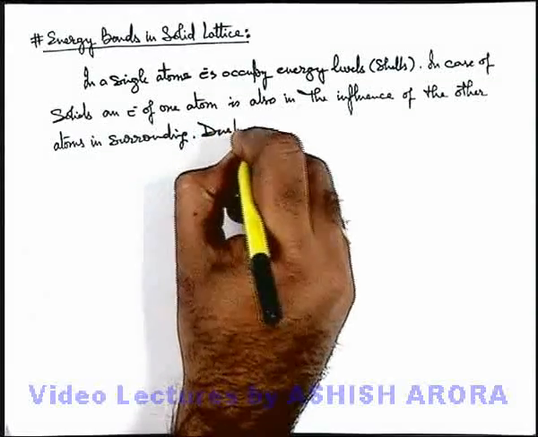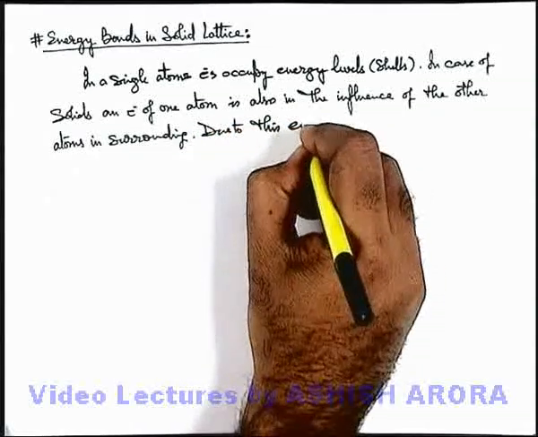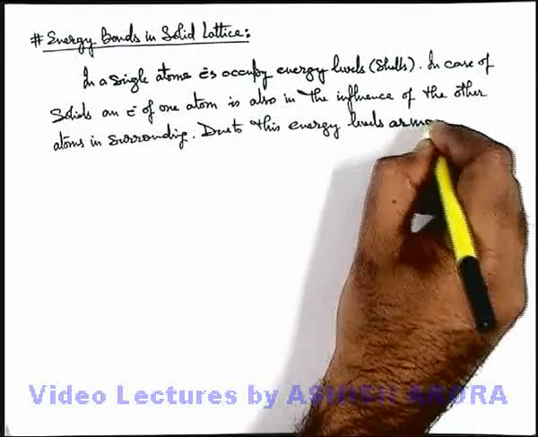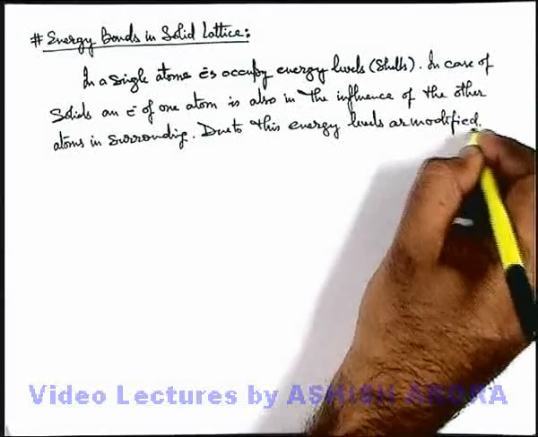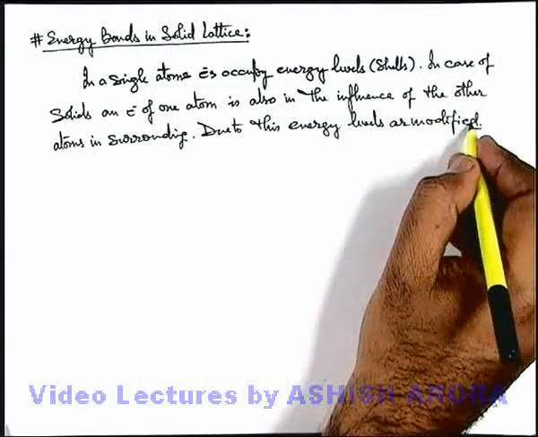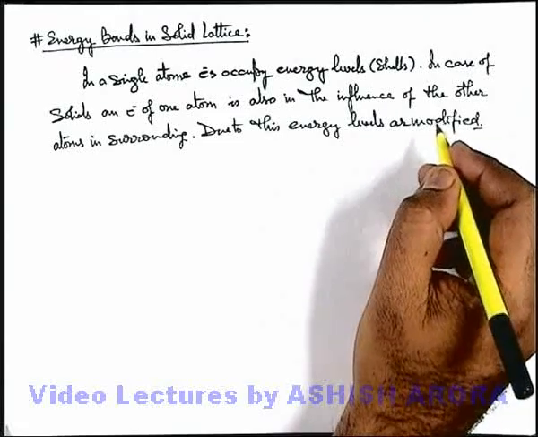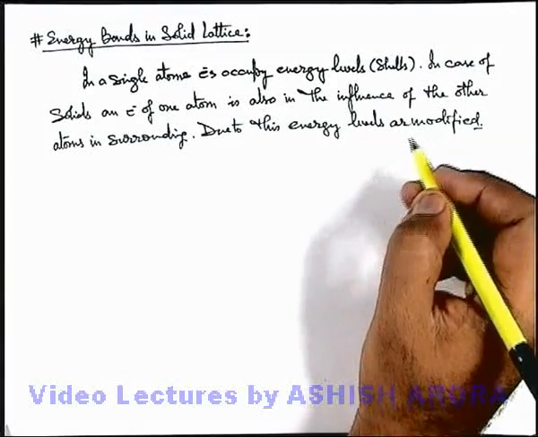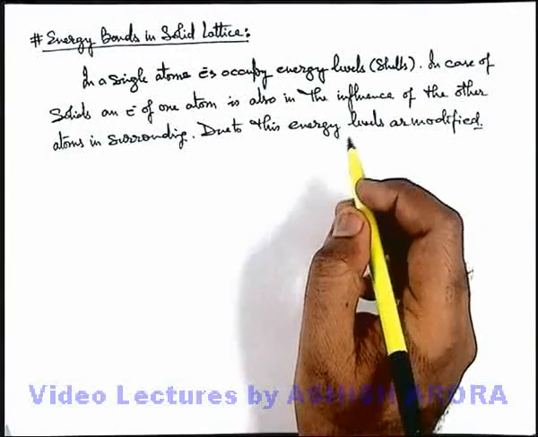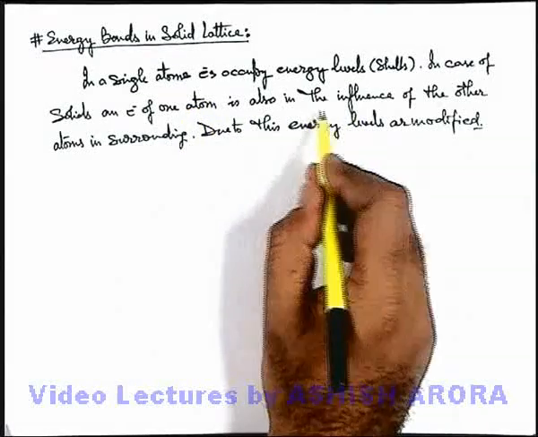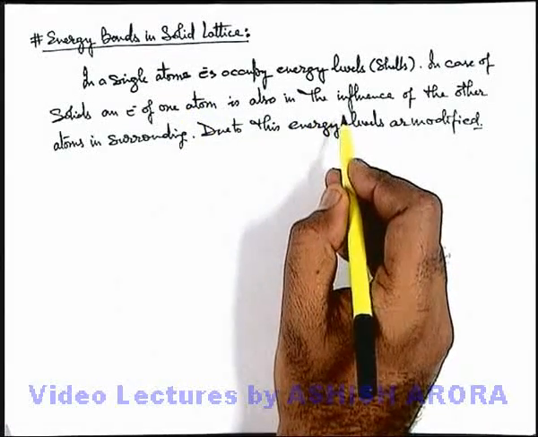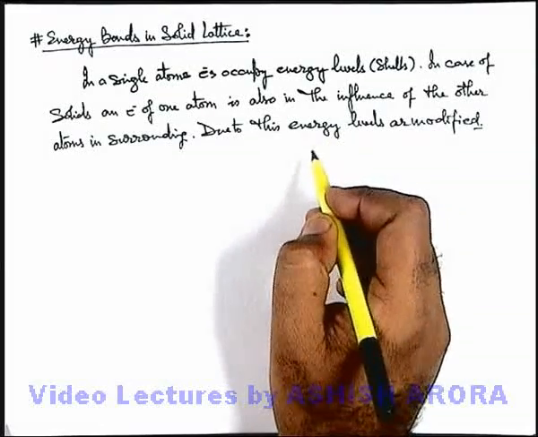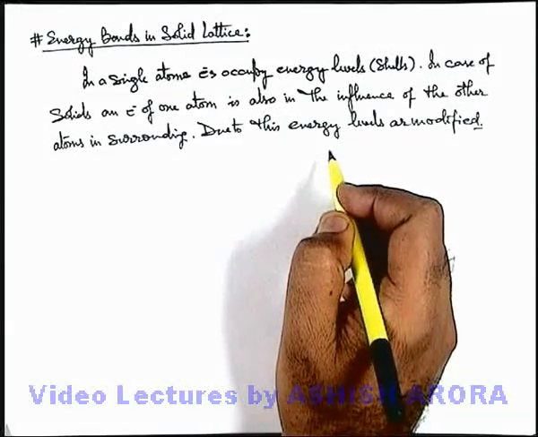Due to this, energy levels are modified, because we have already studied about an electron in the influence of a nucleus. It was due to the electric field only of one nucleus. But if there are more than one atoms in the surrounding, then obviously the positive electric field of other nuclei in the surrounding will also affect the potential energy of the electron of one nucleus of